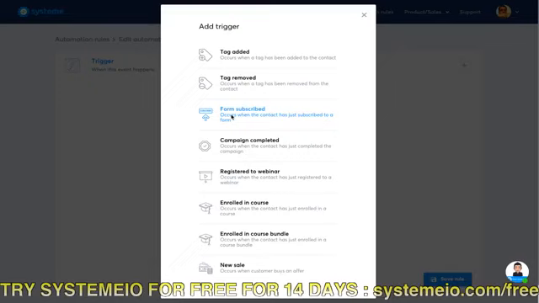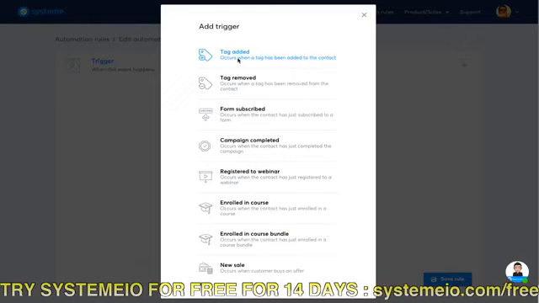automation rule that says what happens when a tag is added to a contact. And then from here you can choose some actions, and this rule will work no matter from which other rule the tag has been added to this contact.